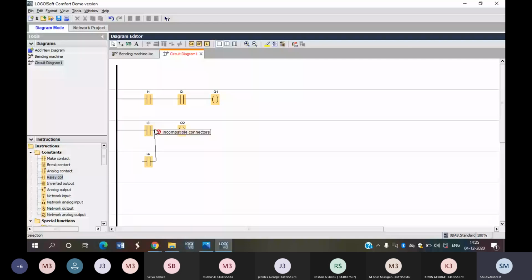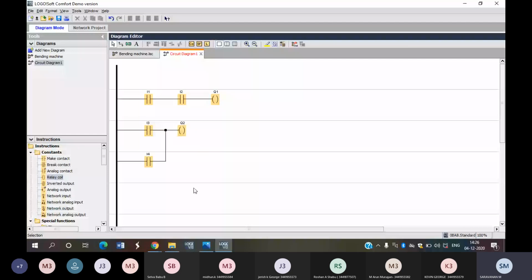Listen clearly. I'm going to connect this edge to this corner of your output, so that it connects automatically the first time. Even when I learned, I took much more time to connect this particular portion. Easily you can connect from this directly to your output. First connect that one, and then connect it with your I3 and your Q2. So this is the OR gate circuit, and I'm going to explain it.